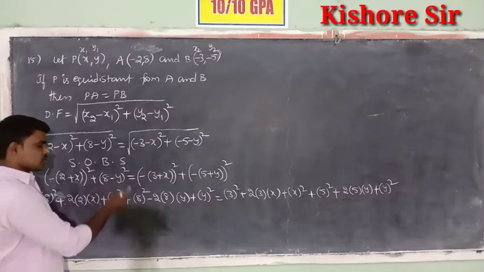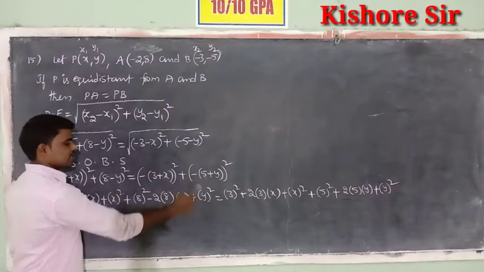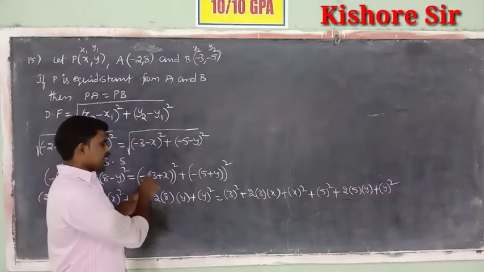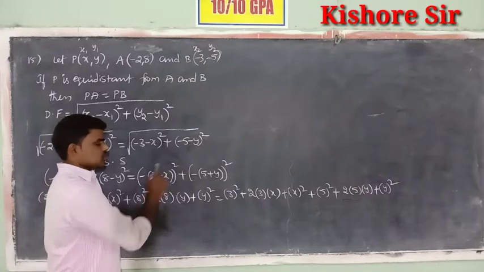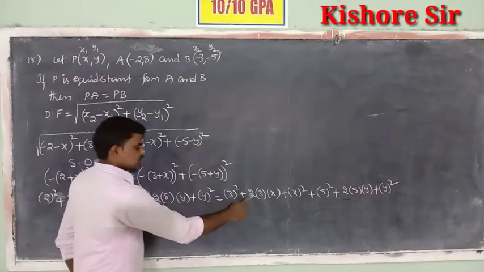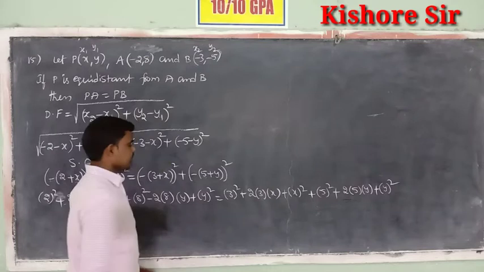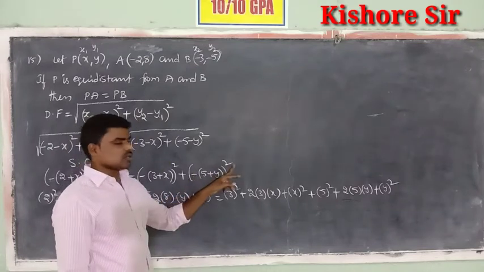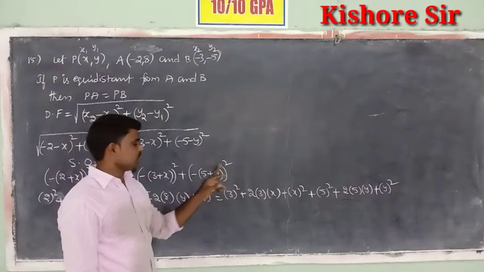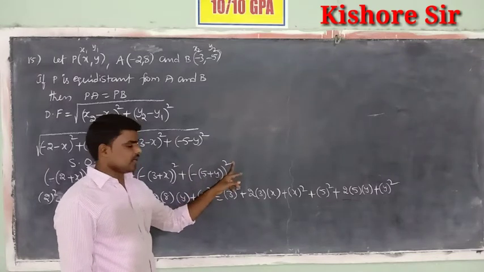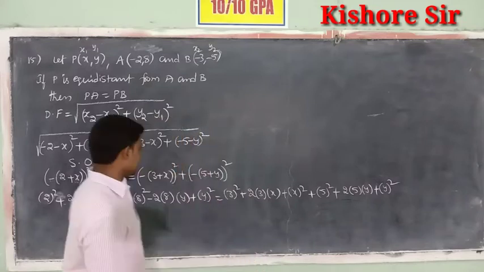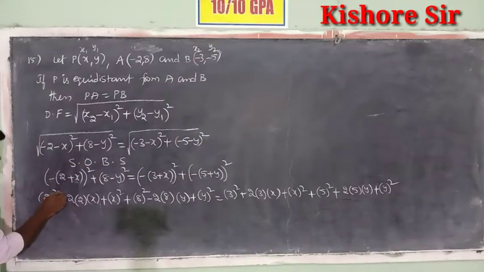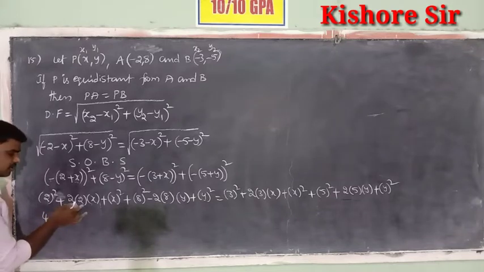So (a minus b) whole square is a square minus 2ab plus b square. Here, the minus whole square becomes plus: (a plus b) whole square is a square plus 2ab plus b square. Here also, minus whole square becomes plus: (a plus b) whole square, a square plus 2ab plus b square. Okay, now 2 square, the value of 2 square is 4, plus 2 2s are 4,